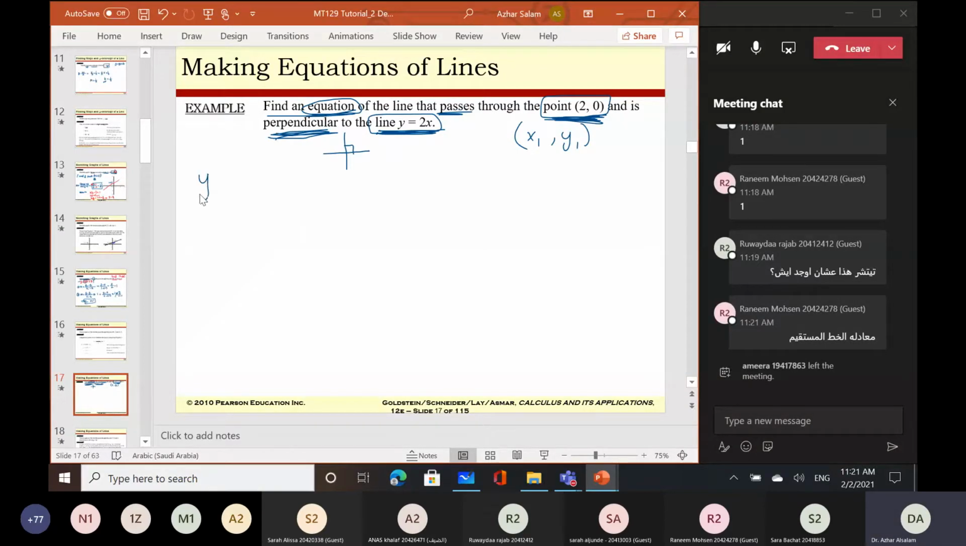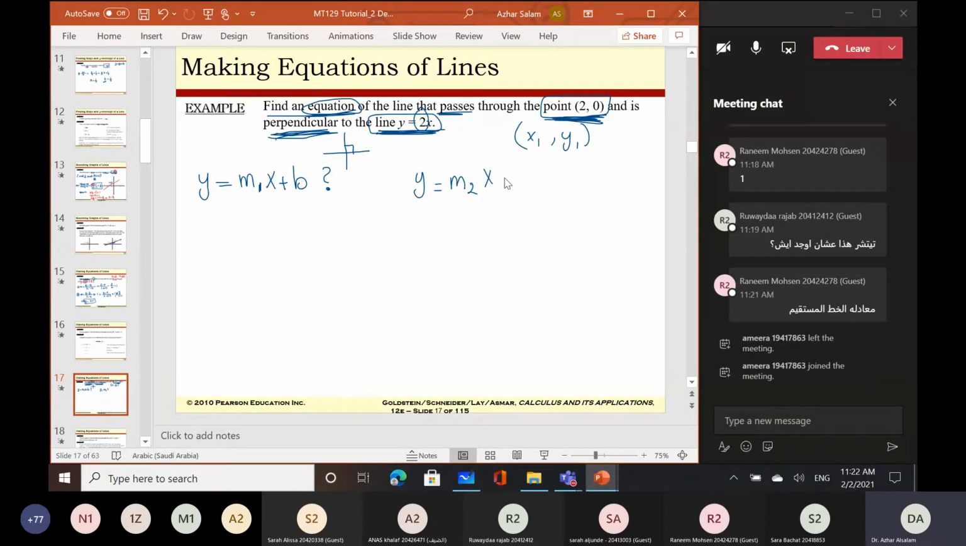So if I say that y equals m1 x plus b, this is the question. I put here m1 since I have another slope here. I have here y equals m2 x, of course, plus 0. I don't have a y-intercept here. So I have here m2 equals 2. Since they are perpendicular,